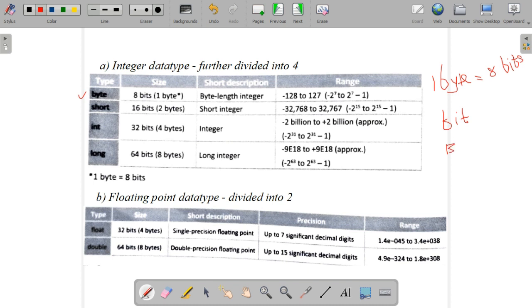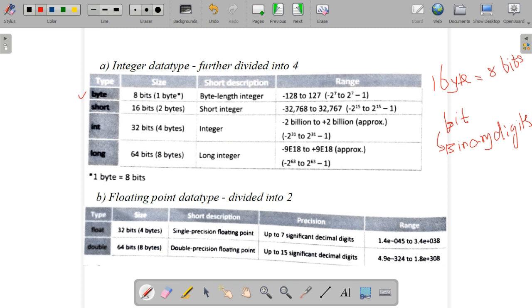Bit is the short form of binary digit. What is a bit? Bit means binary digit. What are the binary digits, you know? Totally 2 binary digits are there, zeros and ones. So bits means binary digits, that is the expansion of bit. This is not fit, it is bit. Okay, don't think it is fit. Yes, this is bit, B.